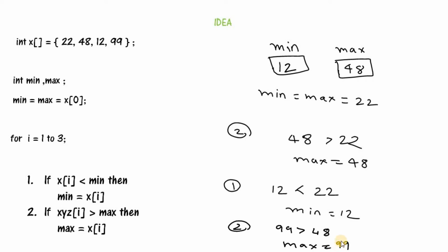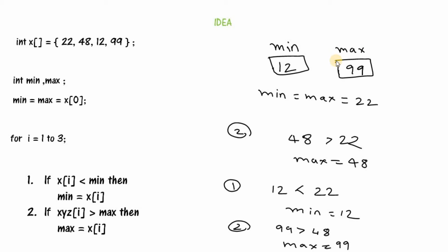Hence, we can replace this 48 by 99. At the end of this for loop, we have obtained our new minimum and new maximum element, that is 12 and 99 respectively. So this is the basic idea of finding the minimum and maximum element of an array.